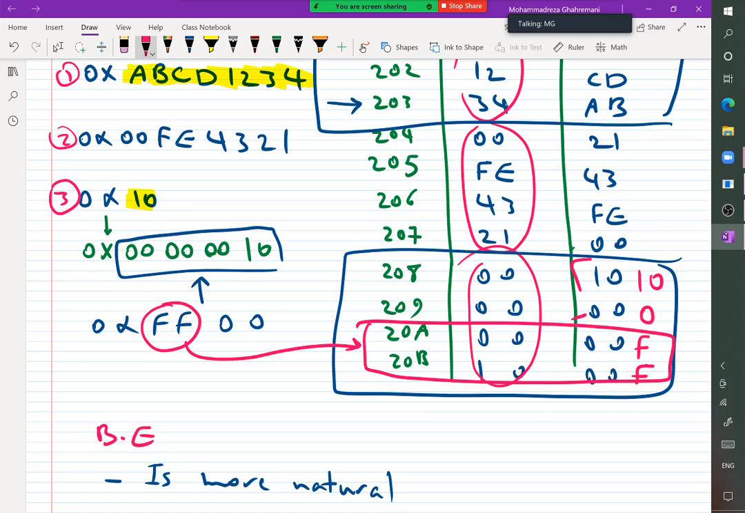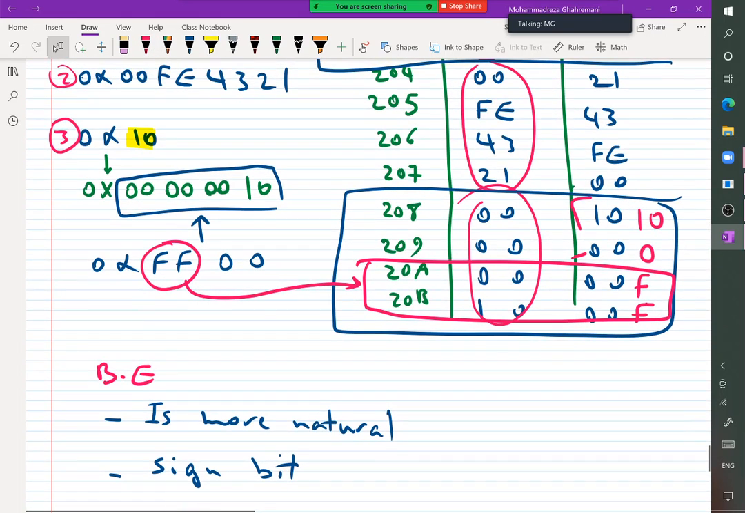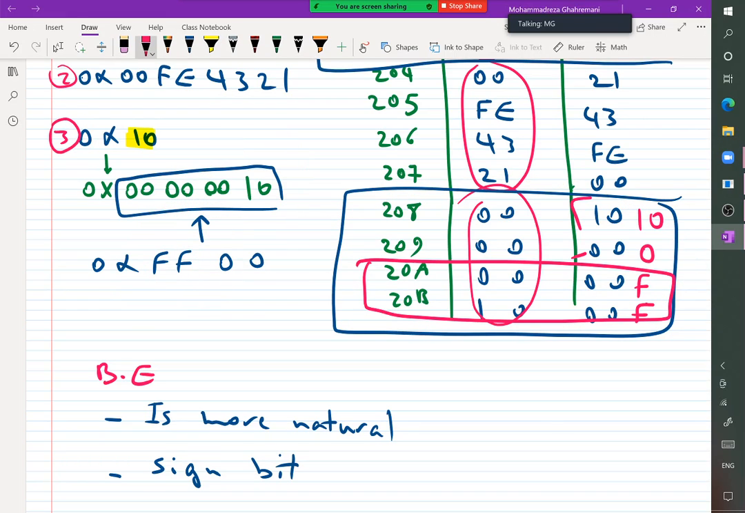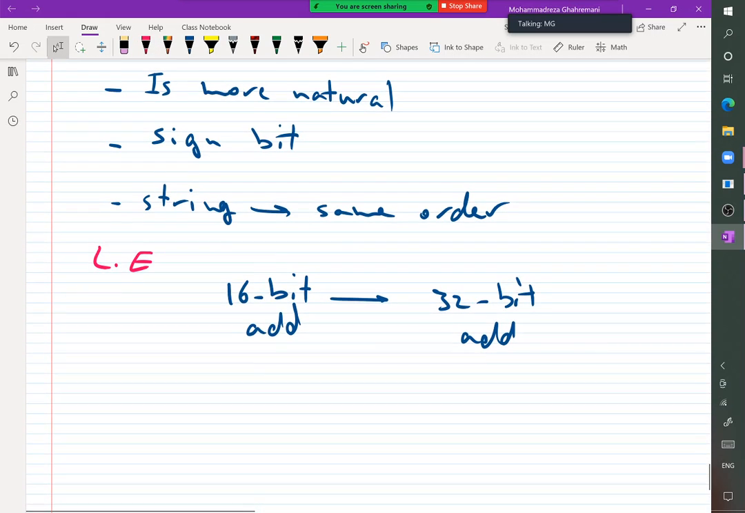But in the other case, for big endian, we have a problem. We need to actually add those numbers first and then store them in the memory. But in Little Endian, in order to convert the 16-bit to 32-bit, there is no need for any addition. We can simply add the offset to the memory location. Okay, so let's continue